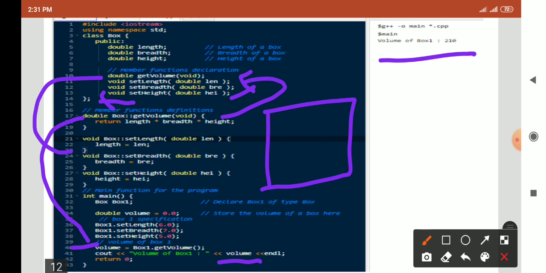And in the definition there is no semicolon. So here check, there is no semicolon at the end of the function definition. Semicolon is present in the declaration section only. So remember this point.